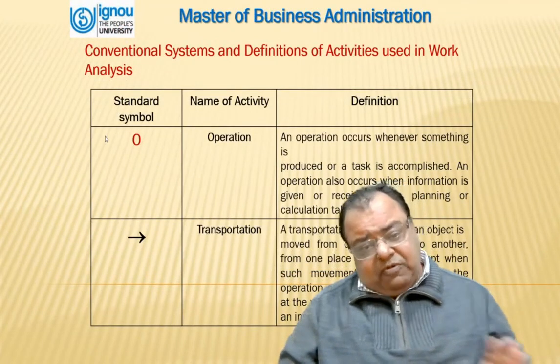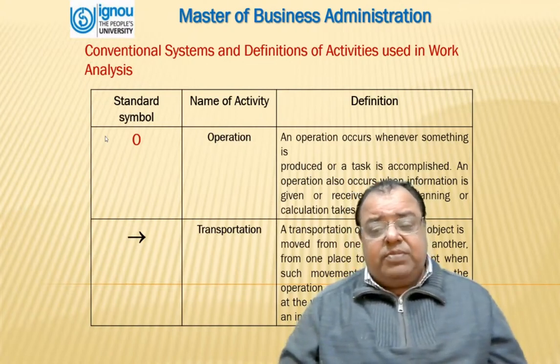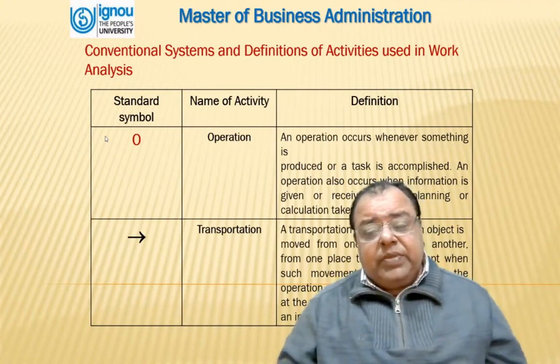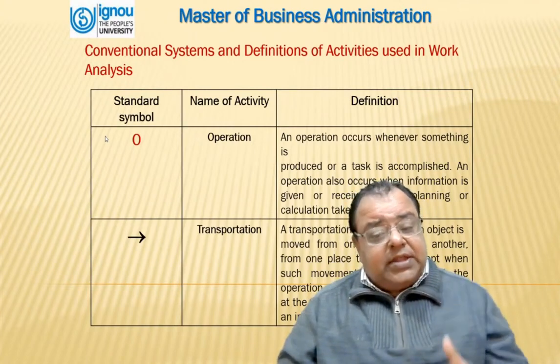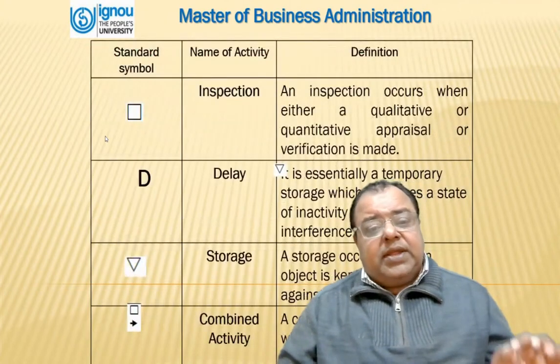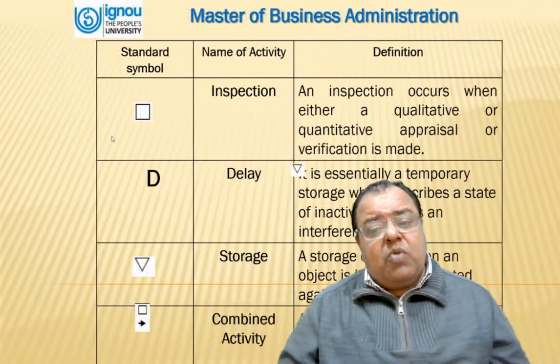Arrow is for the movement, and that is related to transportation. The transportation occurs when an object is moved from one operation to another, from one place to another, except when such movements are a part of operation or are caused by the operator at the workstation during an operation or an inspection. The square is for inspection. The inspection occurs when either a qualitative or quantitative inspection is carried out to ensure that the object is